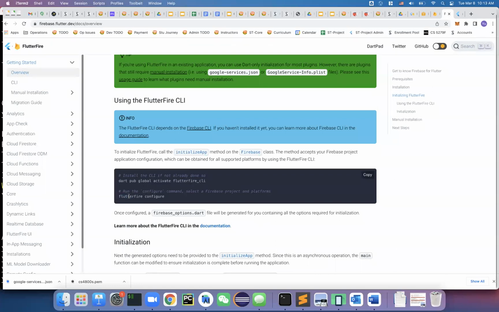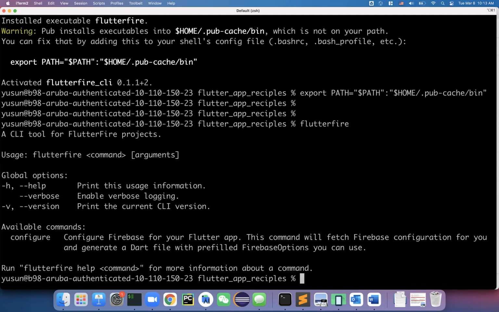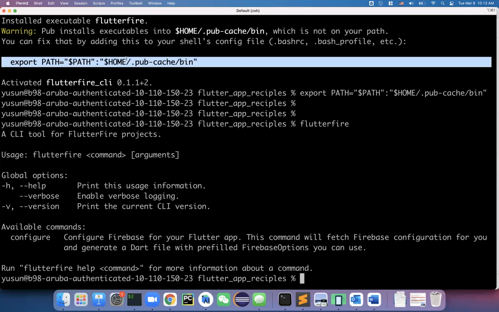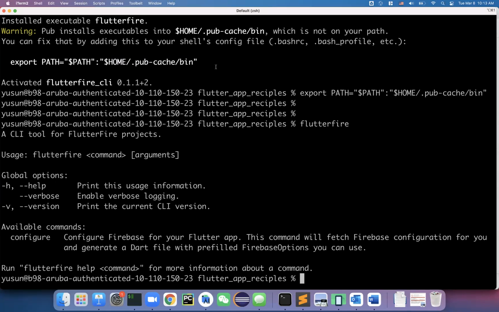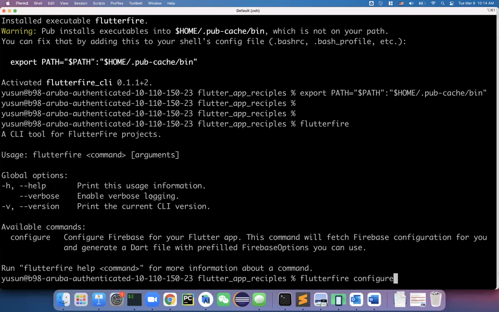Now if I do, for example, flutterfire, this command is working. Last time I got stuck here because I didn't read this one. I have to run the path command. Okay, so if you have this one, I can do flutterfire configure, right? That's what they do. Yeah, this command. So if I do this one, hit enter,